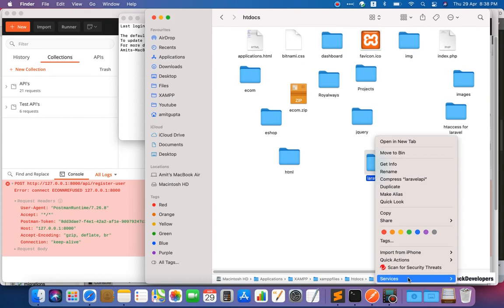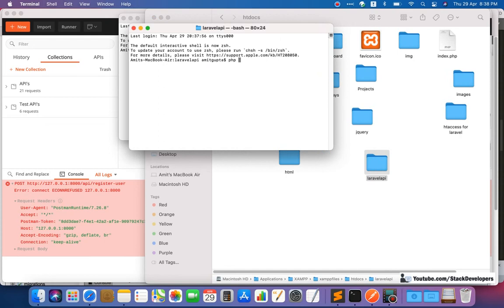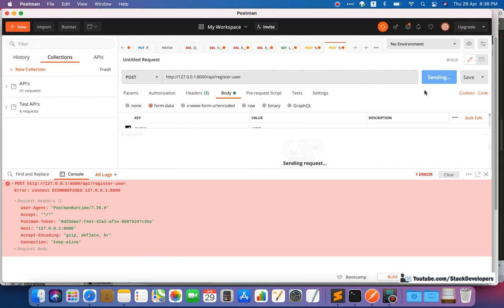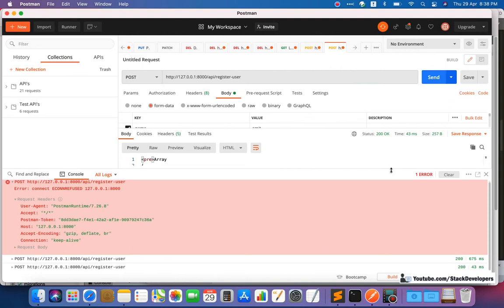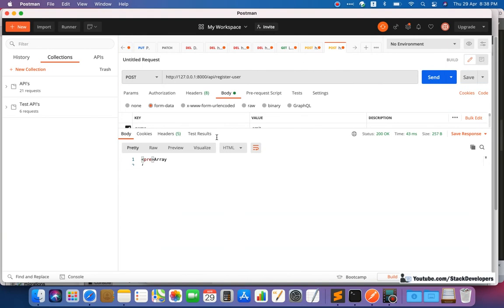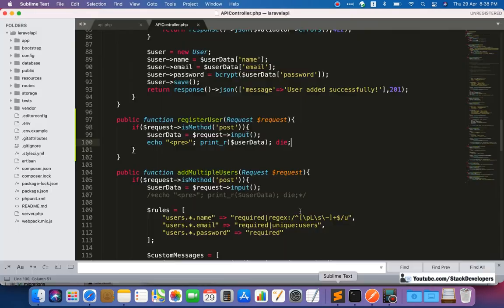I missed running it. You have to run your Laravel project with php artisan serve. If you are on Windows, you know how to run your Laravel project. Here I am going to click on send once again. Now it seems to be fine. Close this one, and now see, the output is coming fine. So now we can continue here.